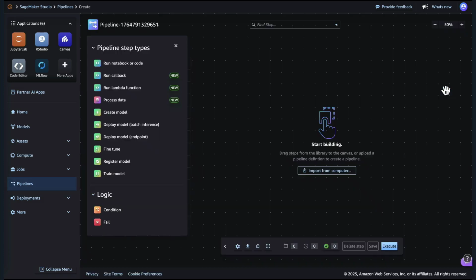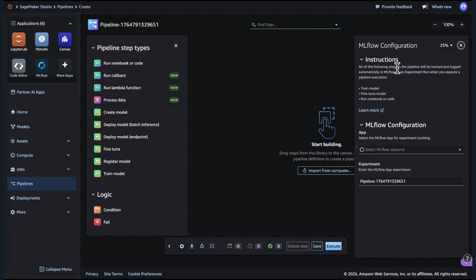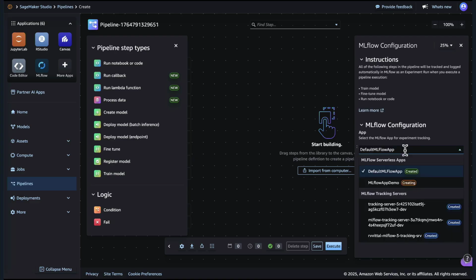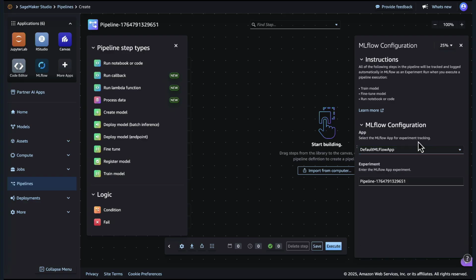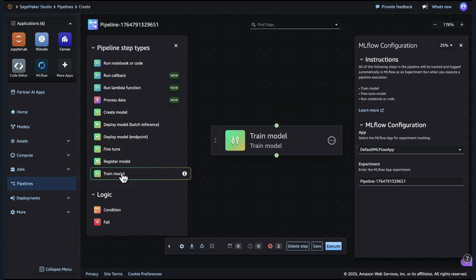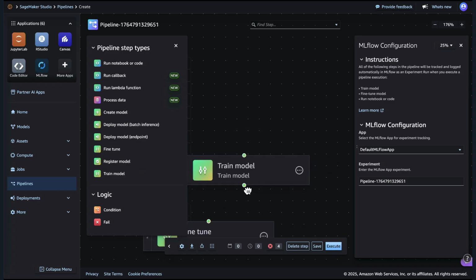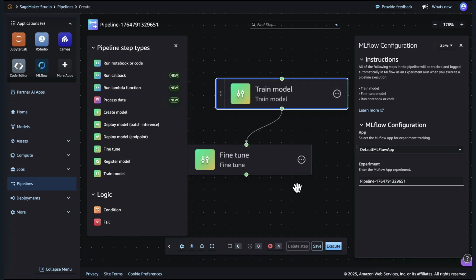So while that's creating, we're going to go into the pipeline step here for SageMaker Pipeline, and you can see this new integration option has now been popped in. This allows you to automatically register your metrics and information during your training, fine-tuning, and notebooks. And you can see here we've automatically detected the MLflow app, and you're able to use that as is. You're able to provide a unique experiment name, so it's easier for you to go find that after the fact. And for those not familiar with SageMaker Pipeline, you can see that it's a very easy drag and drop experience using the DAG framework.